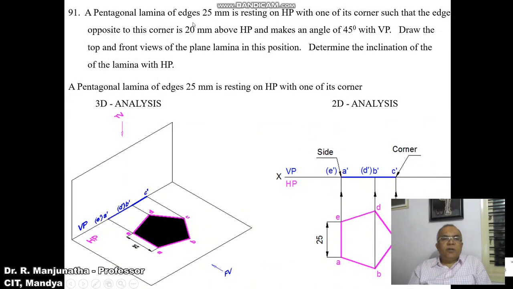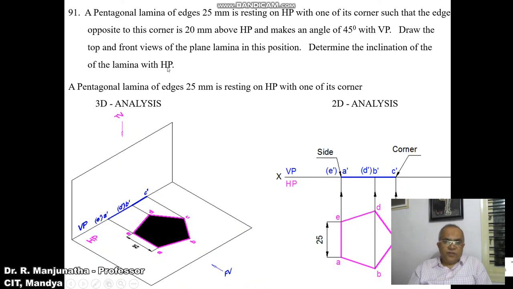A pentagonal lamina of edges 25 mm is resting on HP with one of its corners such that the edge opposite to this corner is 20 mm above HP and makes an angle of 45 degrees with VP. Draw the top and front views of the plane lamina in this position and determine the inclination of the lamina